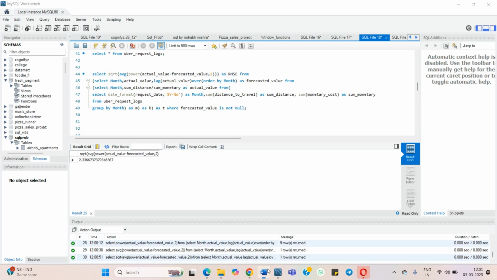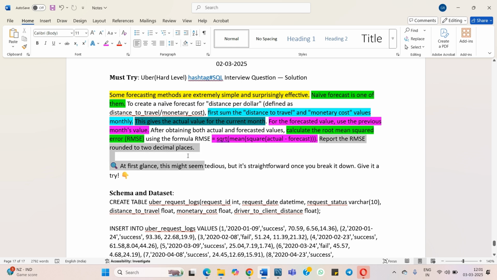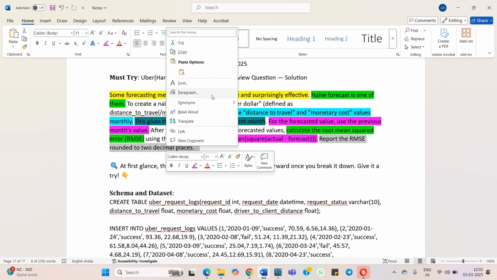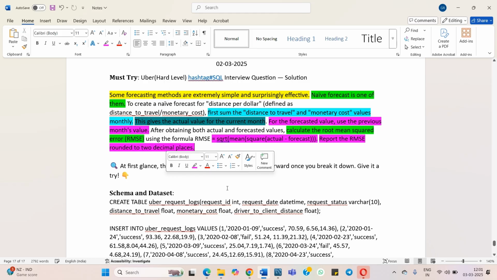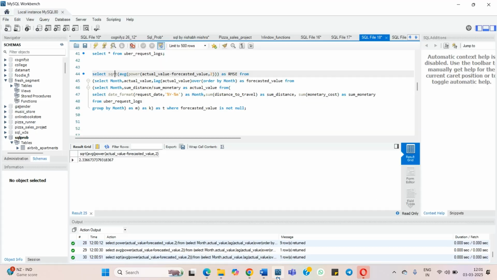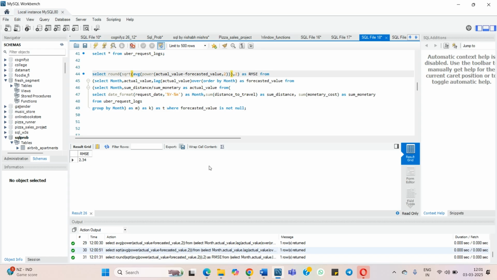In the problem statement, it has said to report the RMSE rounded to two decimal places. So we will write round, comma, two. Now we have our answer, which is 2.34. So we have solved this problem by using the subquery process. We are making four subqueries for finding out the